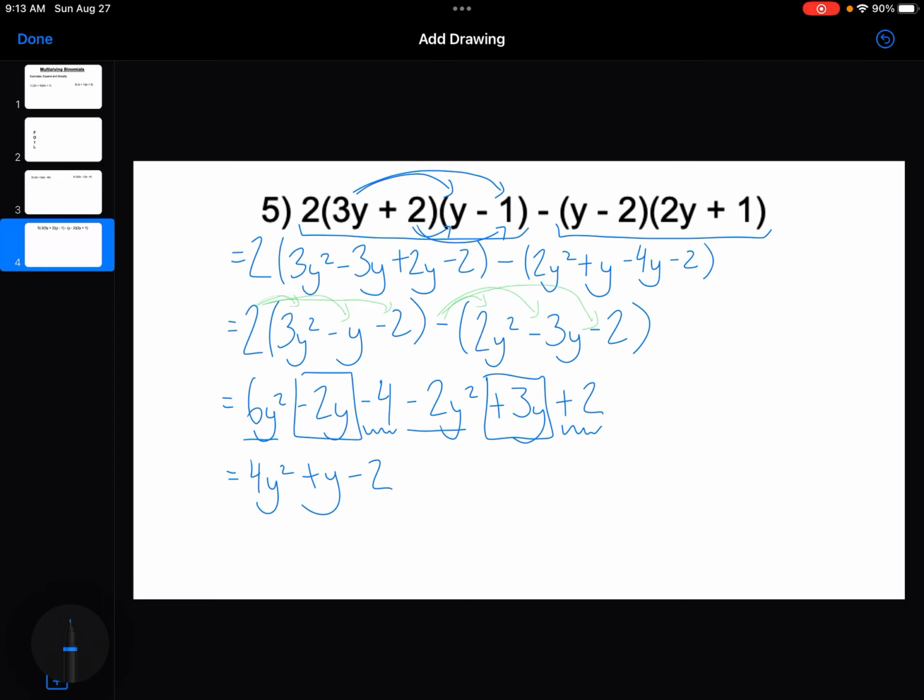You'll notice when I was going through that, I was underlining or boxing or putting a squiggly line under like terms. When you get big polynomials like this, sometimes it's easier to collect like terms if you do something like that. You can circle, or you can highlight, or you can underline and square and box and everything that I've done here. Just make sure when you're collecting like terms, you're careful to only put like terms together and not